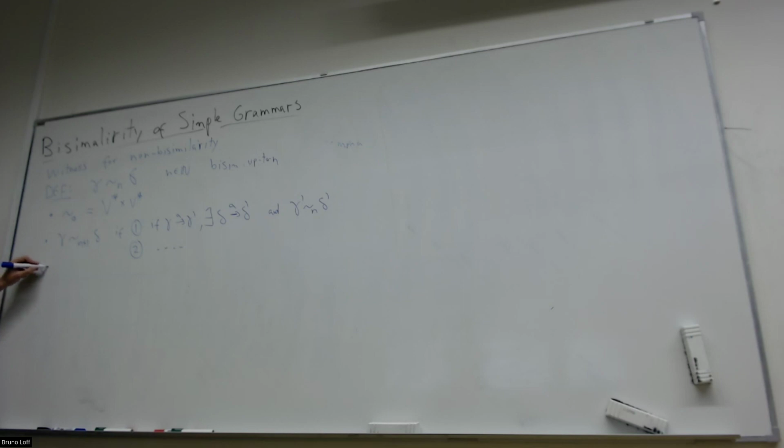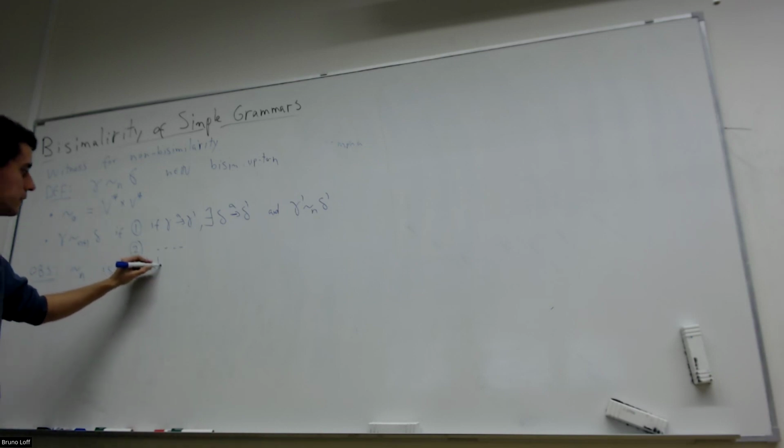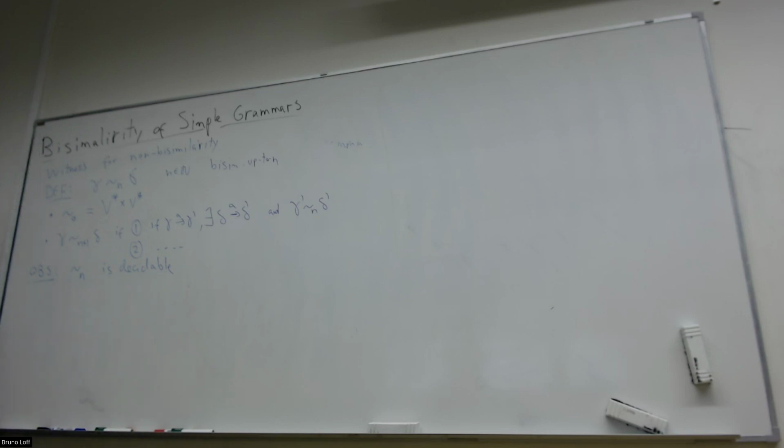So the first observation is that because of this, bisimilarity up to n is decidable. And in fact, it's decidable in time exponential in n, because to build this tree, you have a tree of n steps, and the fan out is like the number of